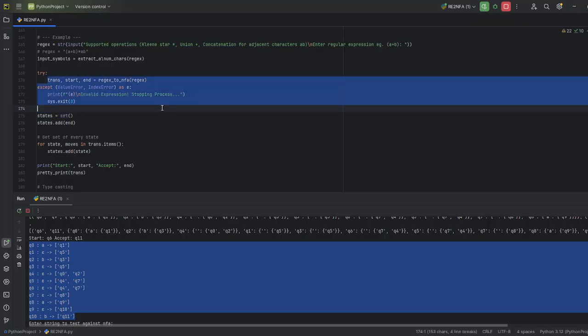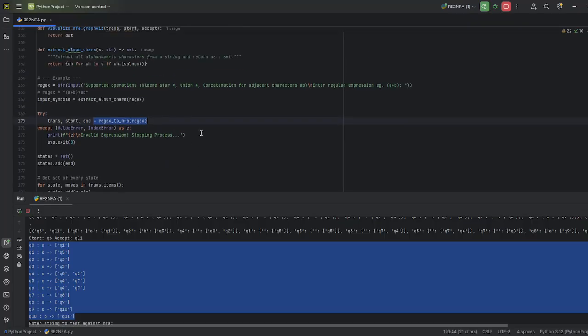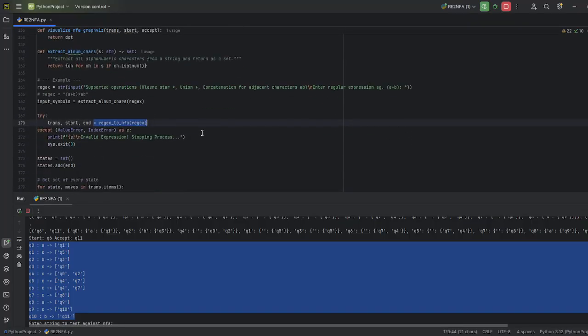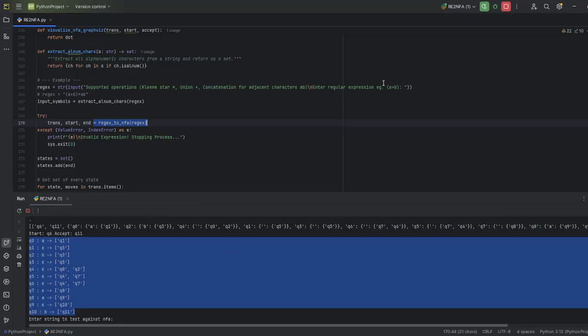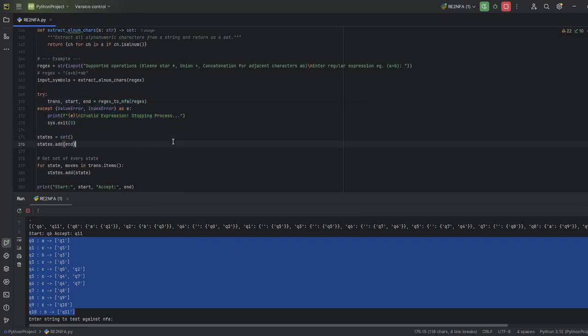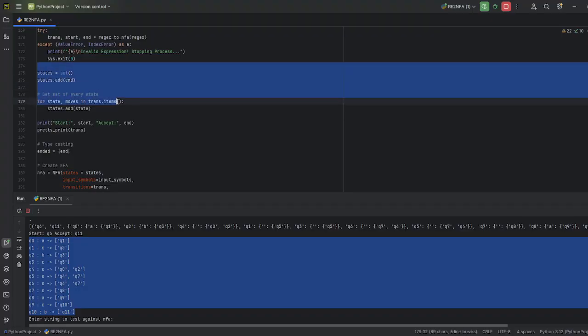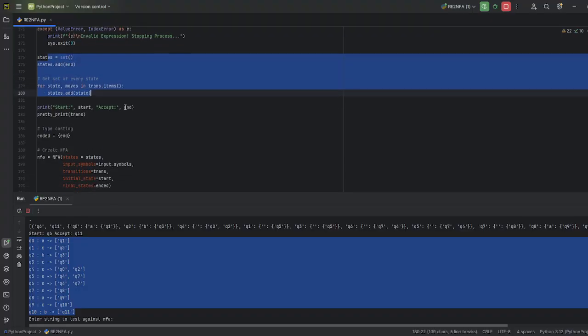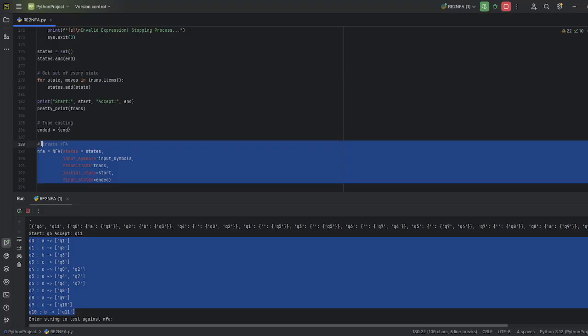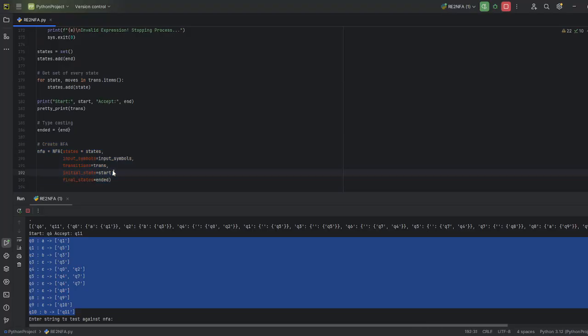And then here we have error catching if the regex to NFA has an error. So for example, if you have an unclosed parenthesis, there will be an error. And here we have just initialization so that our library can be properly initialized.